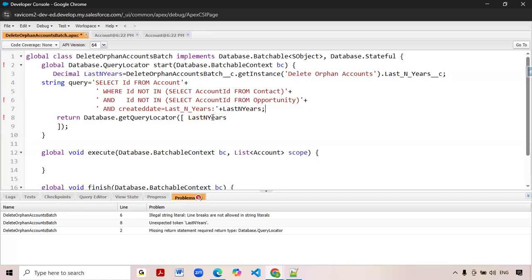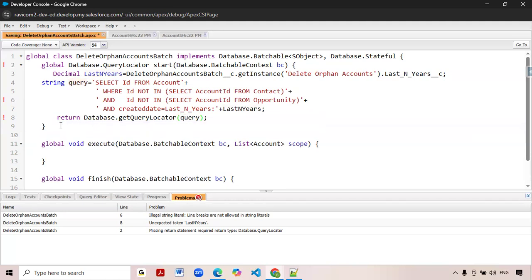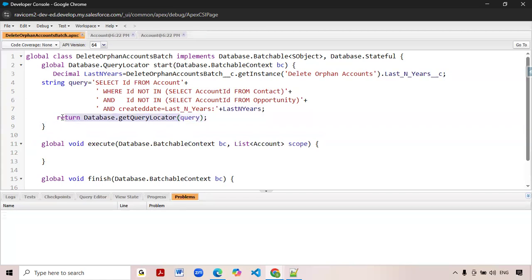This is the n years. Now here, Database.query, our query. Okay, let's save. Now it is saved. So once it is executed, we have to come here now. Let's take it by the